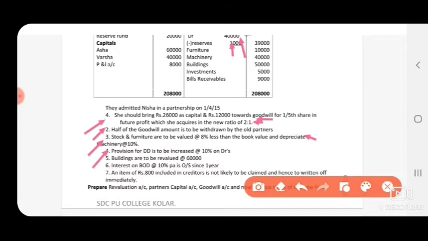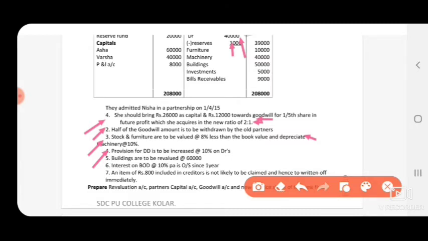So always we have to remember, if you get old provisions or old reserves in the old balance sheet, then in the revaluation account, while calculating RBD, provision for doubtful debts, you have to minus the old RBD, provisions, reserves which are given in the old balance sheet. Suppose if it says increased by, then under the revaluation account the direct amount we have to enter on the debit side.